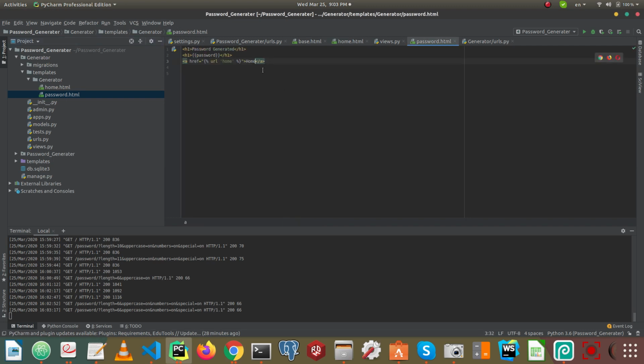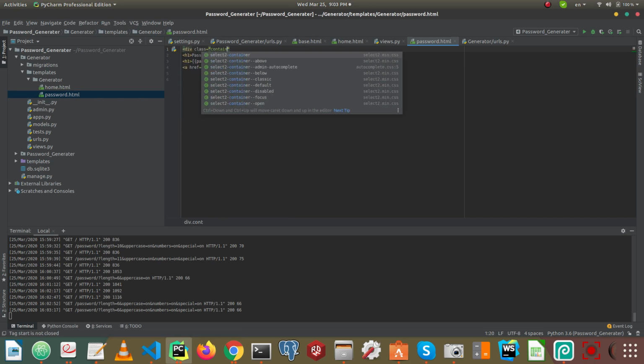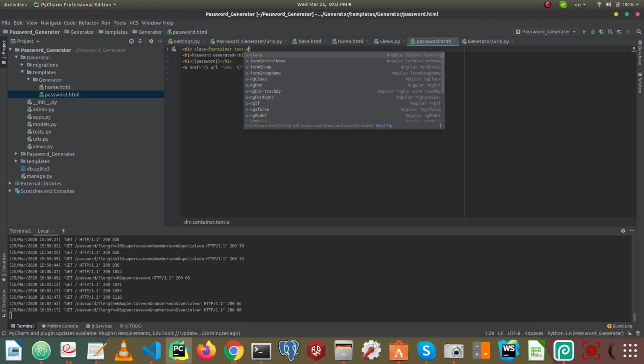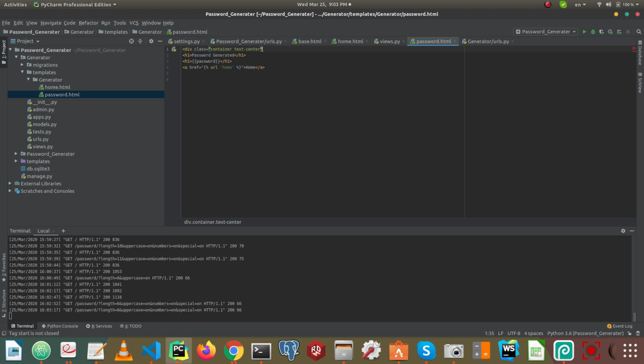So on the password page, what I'm going to do is I also need to encapsulate it in a div and give it a class container. So it should be encapsulated in a container as well as the text should be in center. So by using this div, and the other thing I want is that this password should not be h1, it should be h3, and I need this password to have some coloring. So how should its color be,